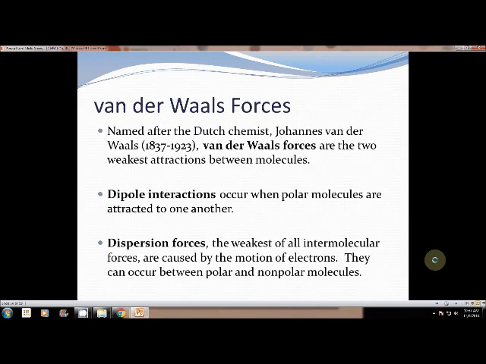And then dispersion is the weakest of all because it happens between nonpolar molecules that rearrange for just a second into a polar molecule, but it doesn't like to be like that, so then it goes back. So dispersion is the weakest because it's not natural. So to see our pictures,